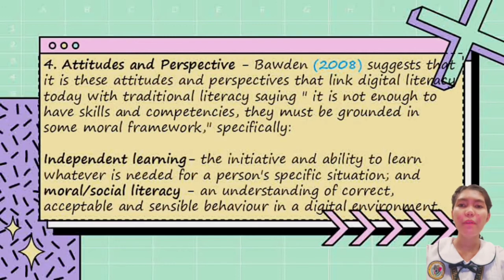Specifically, first, we have independent learning: the initiative and ability to learn whatever is needed for a person's specific situation. Next, we have moral social literacy: an understanding of correct, acceptable, and sensible behavior in a digital environment. This number four competency